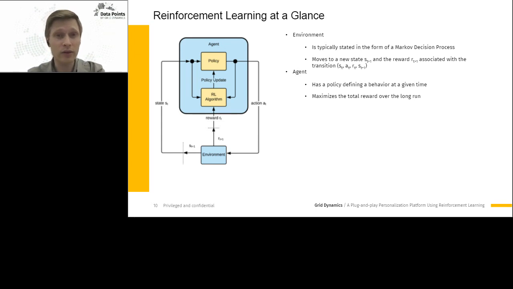So a reward function or reward signal defines the goal in a reinforcement learning problem. And the reward signal indicates what is good in an immediate sense, but we also have a notion of a value function, which specifies what is good in the long run. And roughly speaking, the value of a state is the total amount of reward an agent can expect to accumulate over the future, starting from a particular state. So the interaction between the agent and the environment may end at some point with moving to the terminal state. And a sequence of transitions forms an episode,